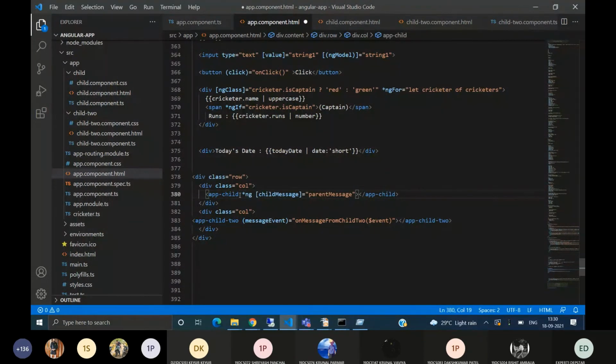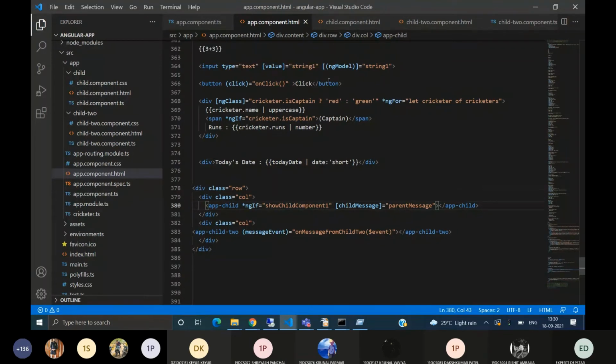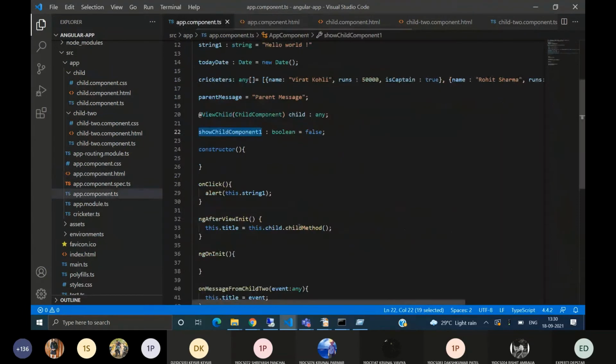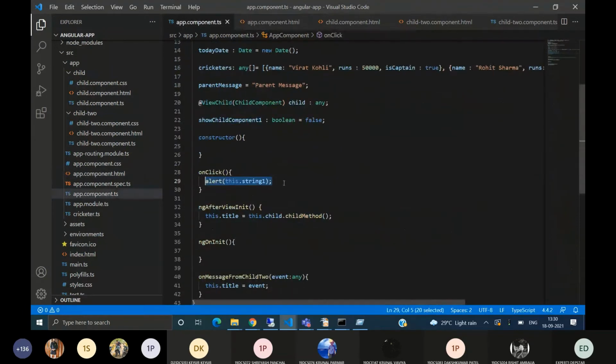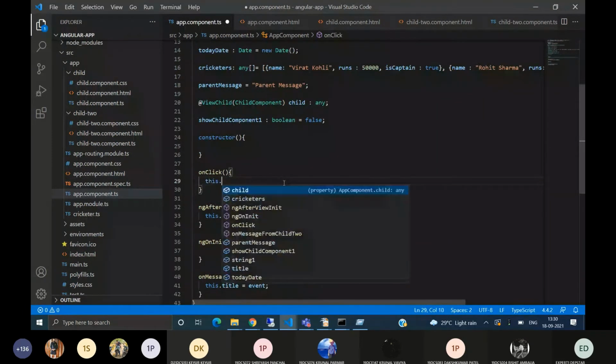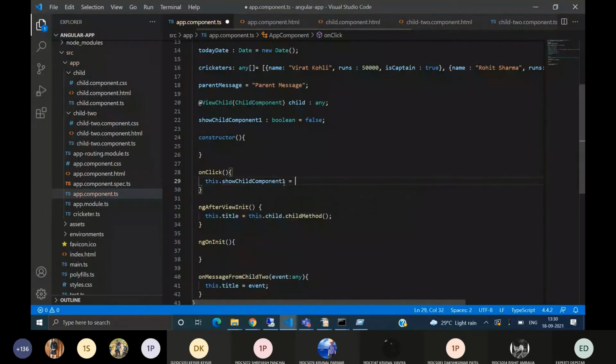If it becomes true, then only the child one component will be displayed. So if ngIf is true, then only this app-child will be displayed. And on this click method, we are making it true.